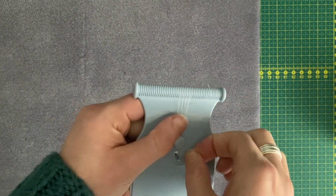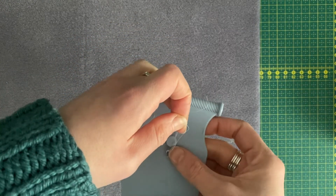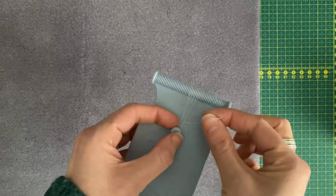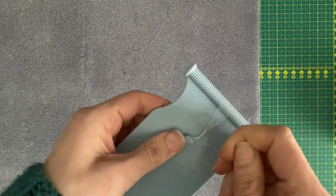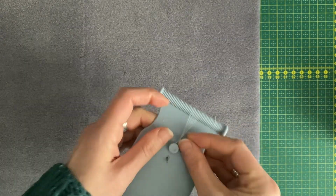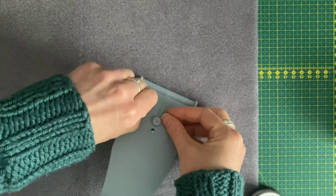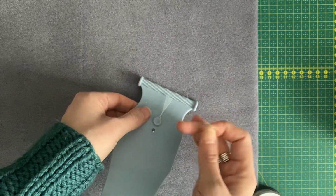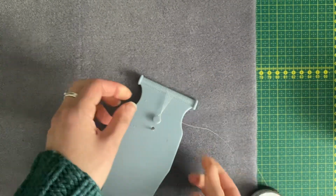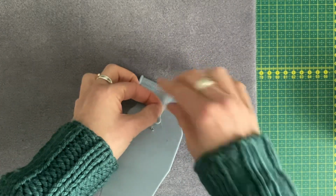And then tie around itself. Now you want to be careful you don't get caught around these little bars, but as long as that thread is secure and it's not going to come loose while you're working on the loom, that's absolutely fine. So I'm going to do another knot here as well. So once you're happy that there's no chance that can work free,